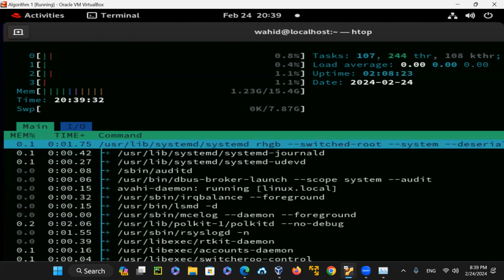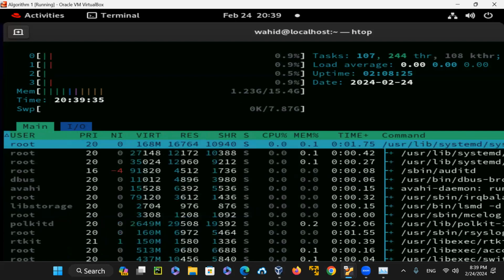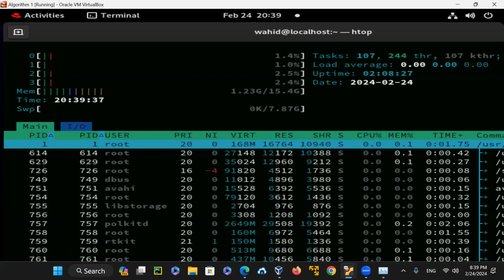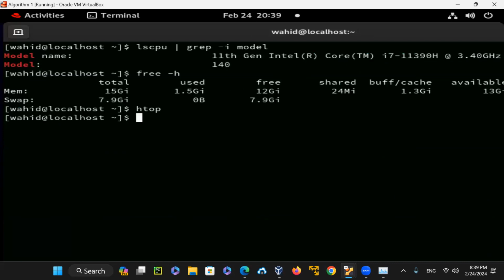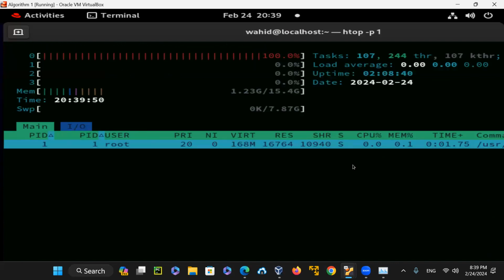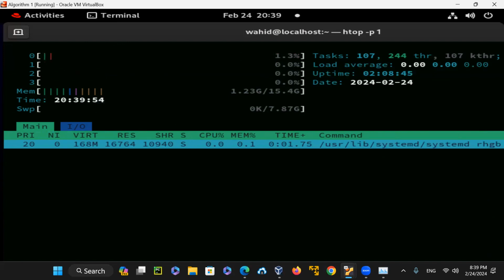So now you can see for one process, if you want to trace that one process, you can get a tree of it, or you could just quit out of here and say htop -p for process, and then 1. So now it only shows that process 1. Notice that this one is giving you that htop detail, but at the same time, if you quit out of this one,